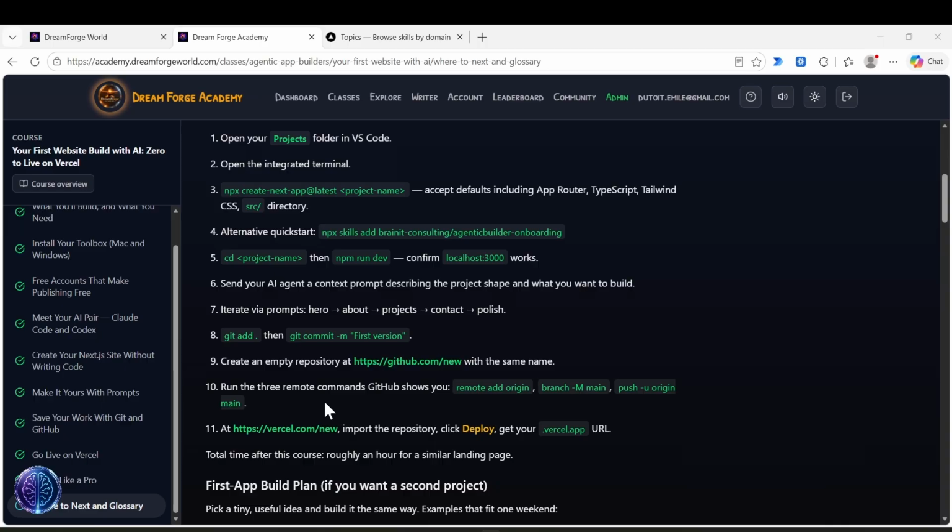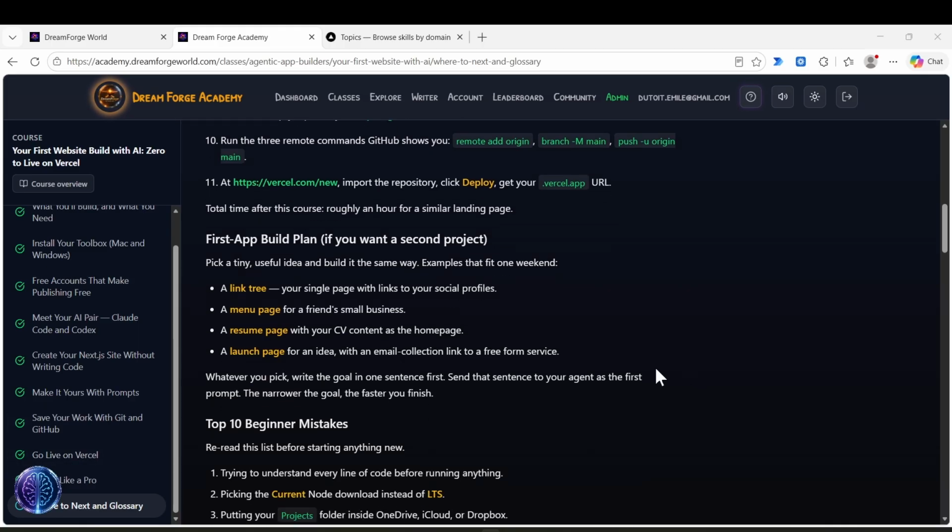You run the 3 remote commands GitHub shows you: remote add origin, branch with a message to main, push -u origin main, or just tell your agent, as you know by now, that you can commit and push and publish depending on what your use case is and what you're busy doing. Or if you're still not sure about the commands, ask the agent to explain. Then once you publish it and deploy it on Vercel, you'll normally be able to see it at mynewapp.vercel.app.